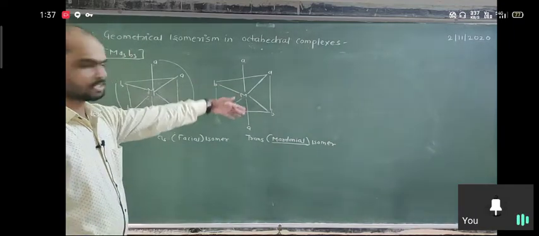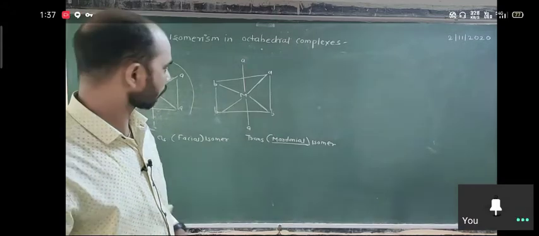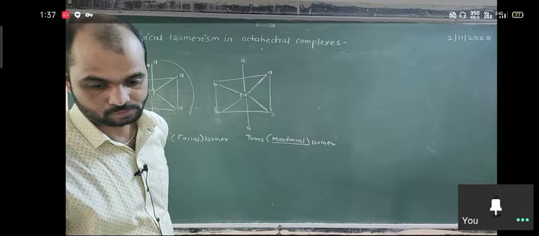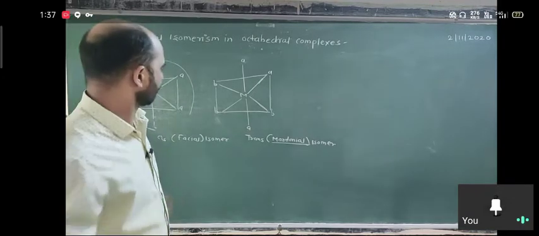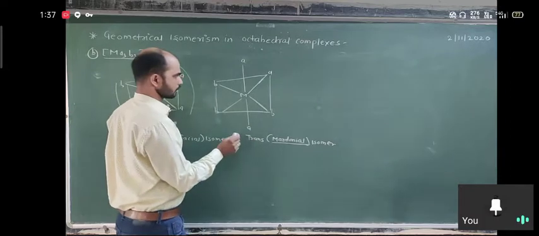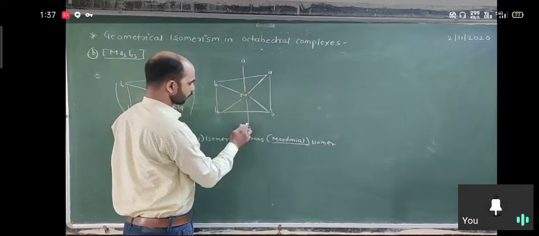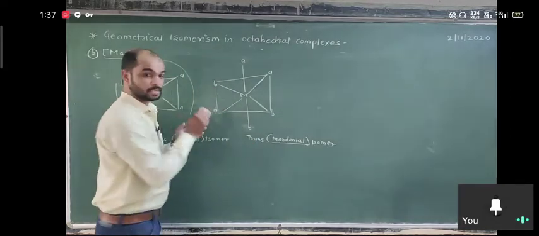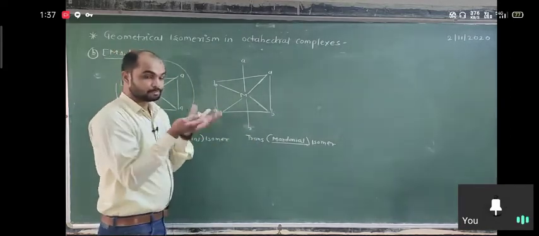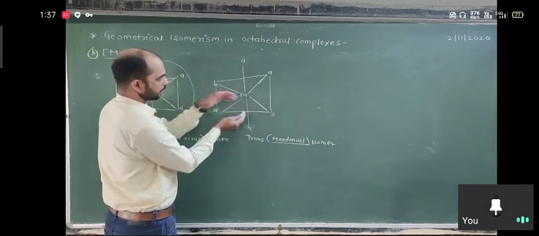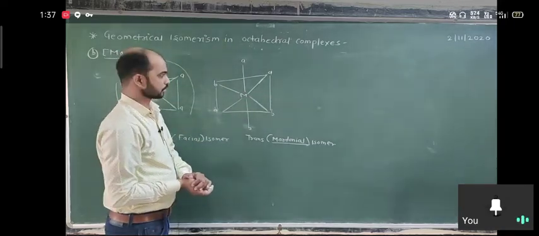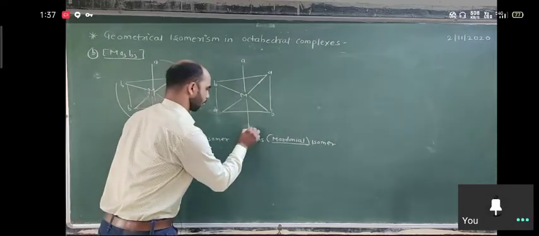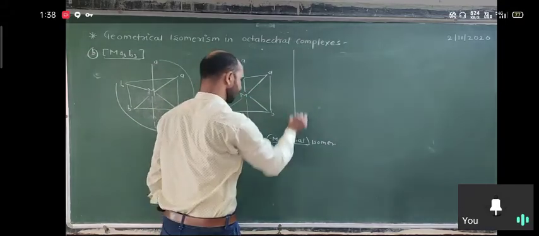So here different arrangements are possible. I think something is wrong. Okay, let me make some changes here. Here A is opposite, so just replace A and B here. Sorry, because the trans isomer is made in the plane, so BB and AA are in the plane and the remaining are at the axial positions. That means it is a trans or meridional isomer. Just changed here.